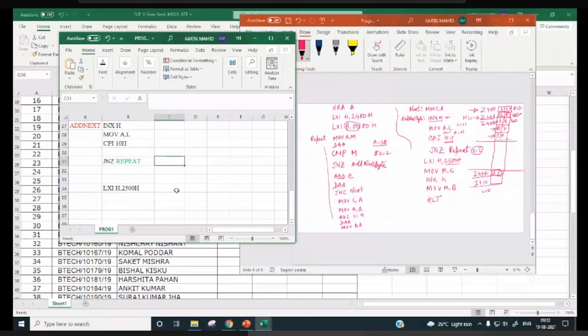So move C comma A. INX H. Move B comma M. HLT.